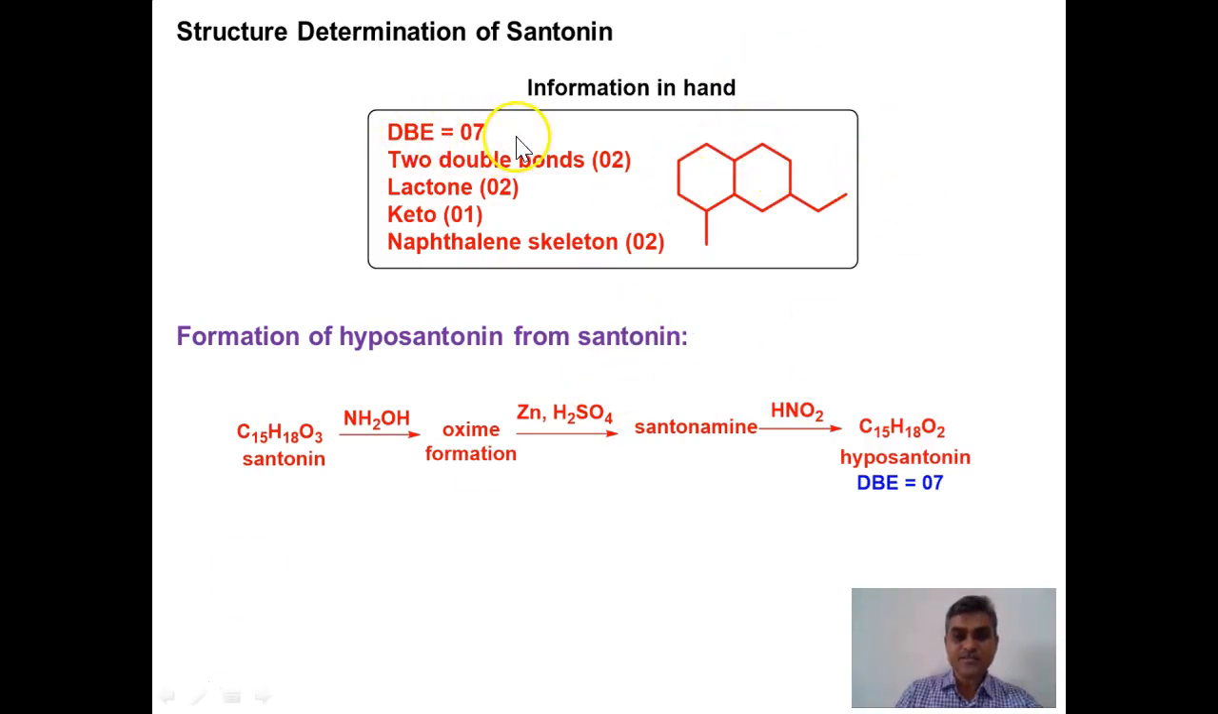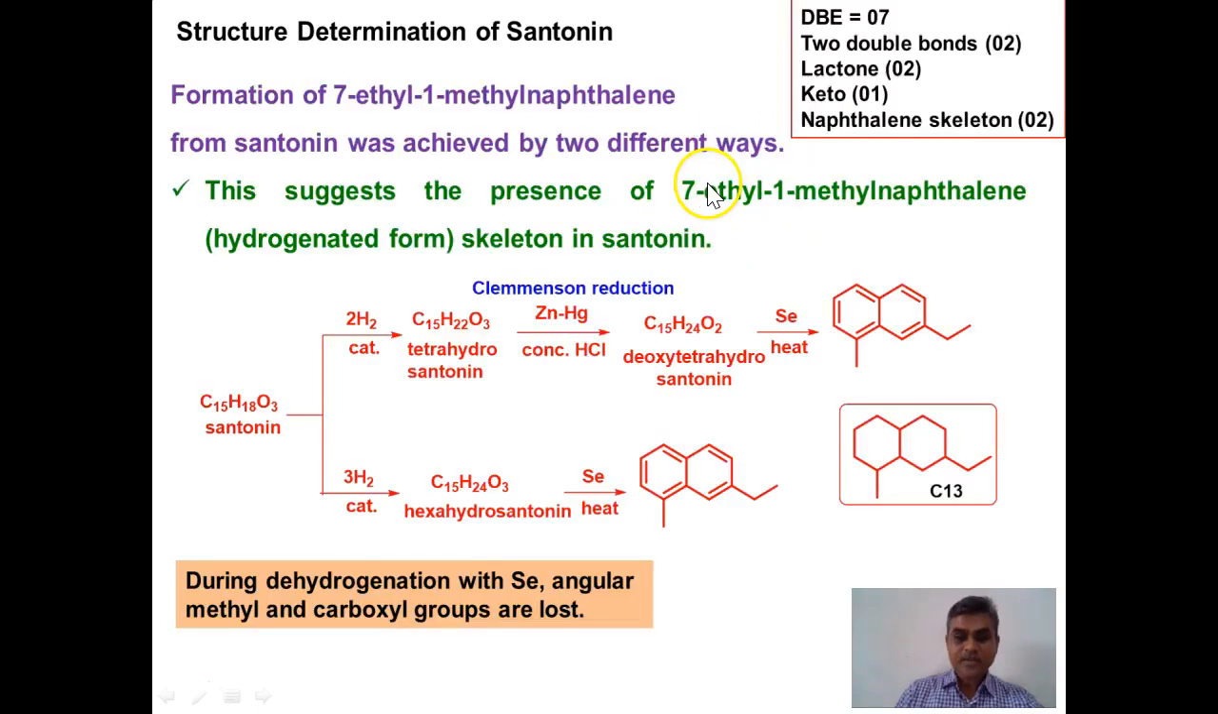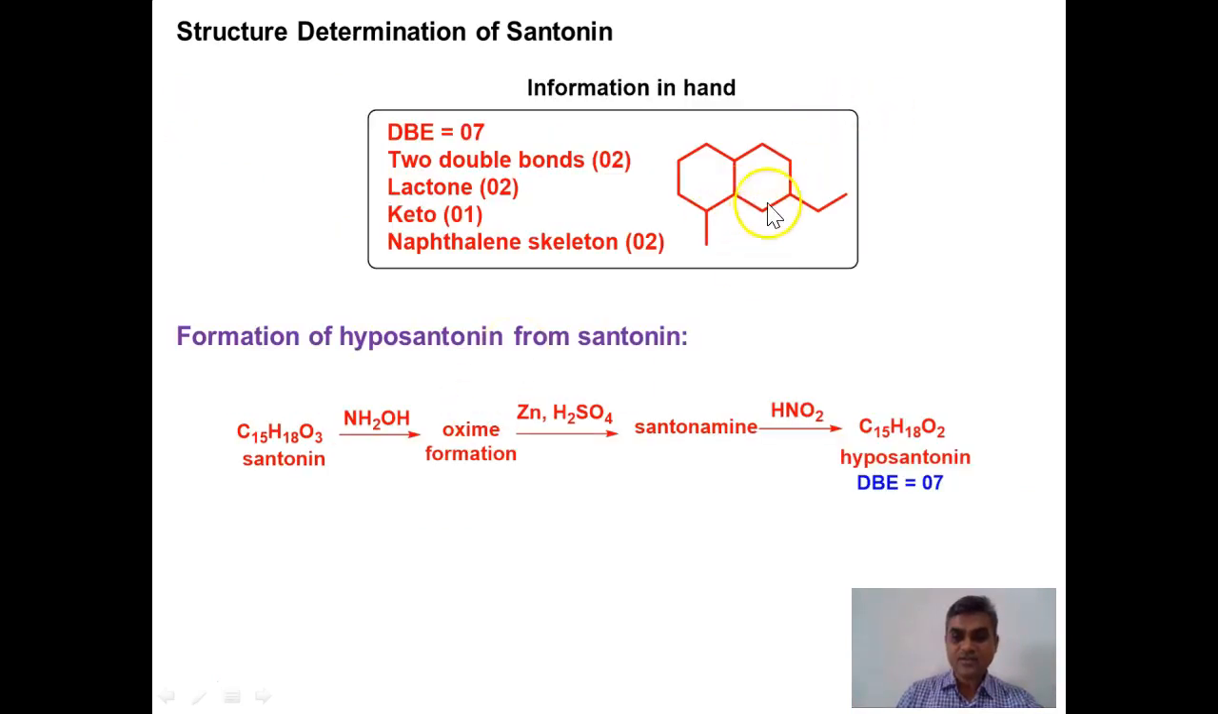Now let us see how much we have progressed. We have proved here 7 degrees of unsaturation, 2 double bonds, lactone, ketone, and naphthalene skeleton. We have already discussed the previous experiment, the selenium dehydrogenation of the santonin molecule, which leads to this naphthalene, where the methyl as well as ethyl groups are present at these positions. Now in this molecule, a total of 13 carbon atoms, we have to put the positions of the 2 double bonds as well as the keto group,